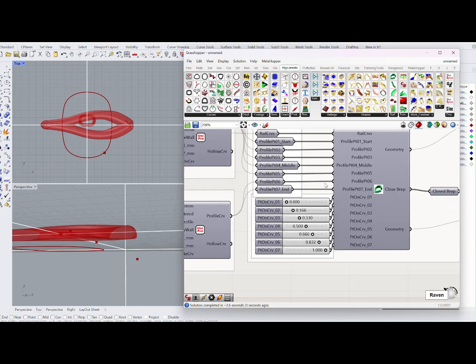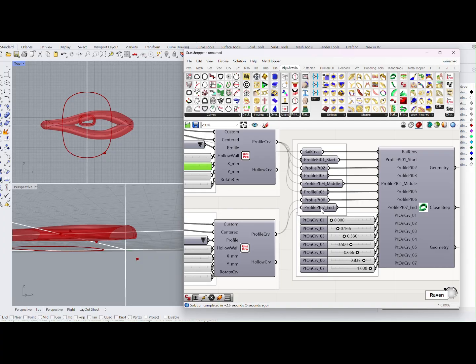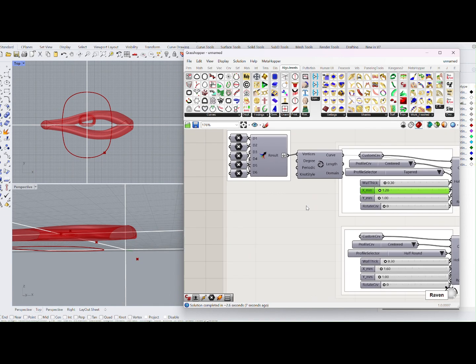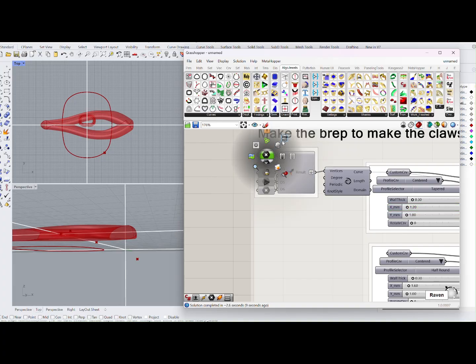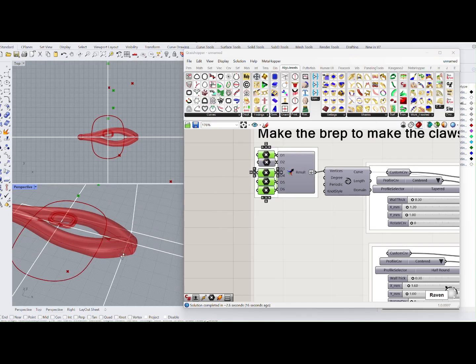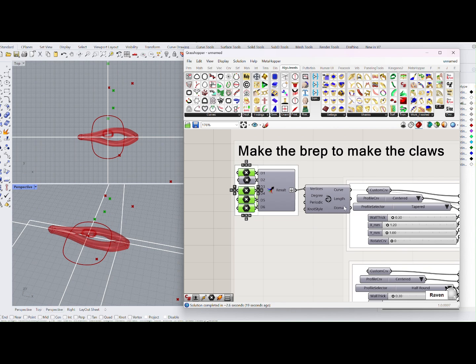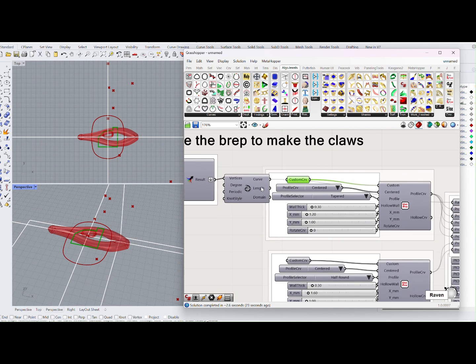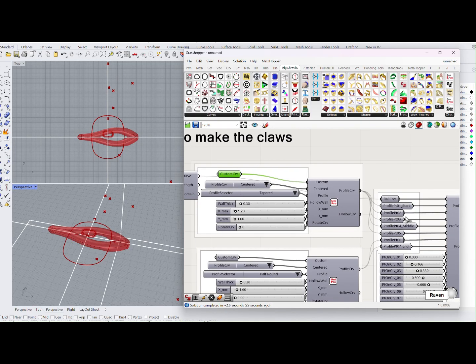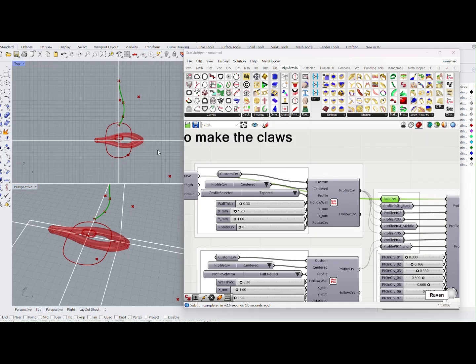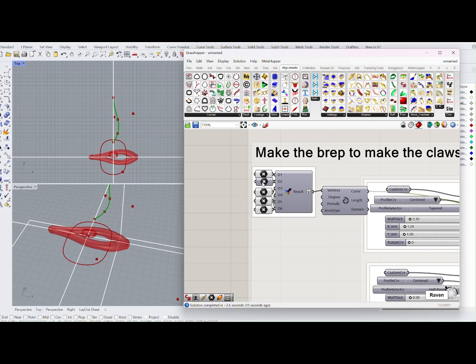Okay, we have it in a 7-point sweep, so you can break it down into more points and more profiles if you want to. You can see the points being used to make this, and we're using a custom curve profile. No, we're not using a custom curve. We're using the rail curve here, made from these 7 points, so we can